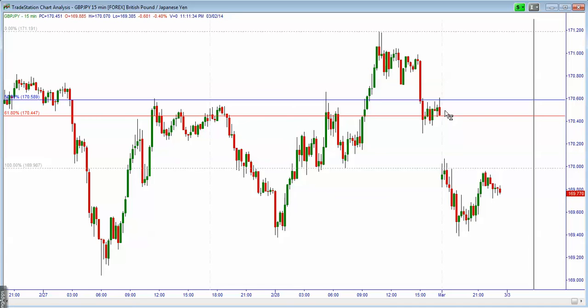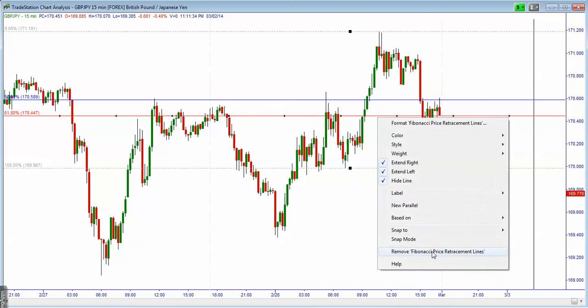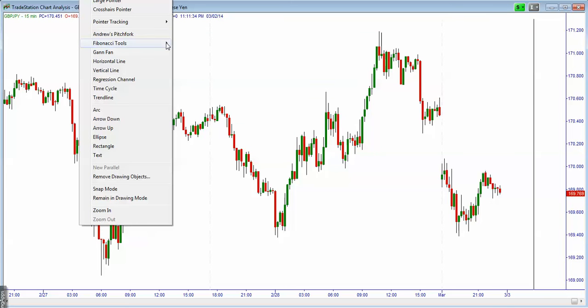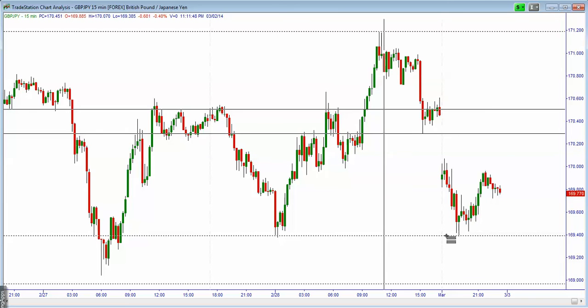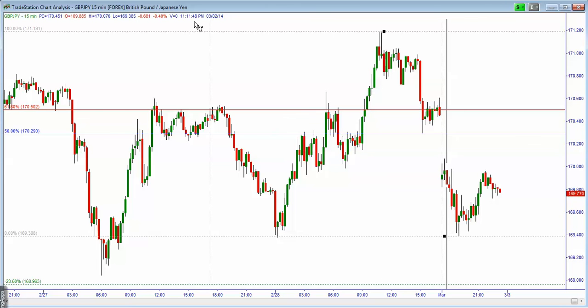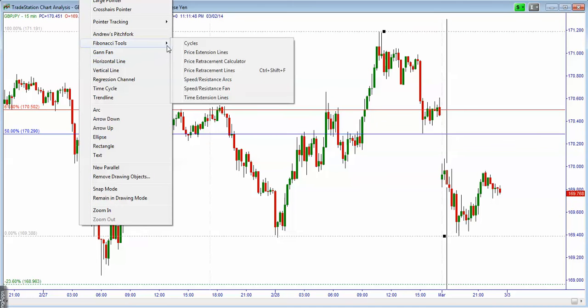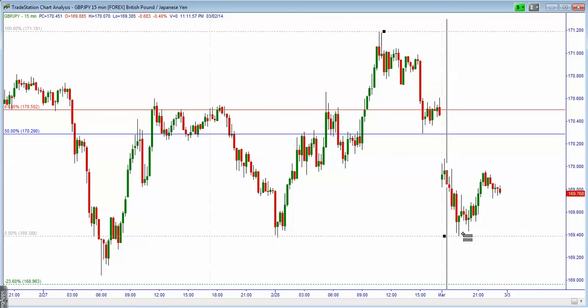Then in the morning, we saw a continuation lower. So again, we have here the same situation as for the US dollar versus Japanese yen. If we see a failure of the sequence of measure move higher into this 170.29 level, that's where we are